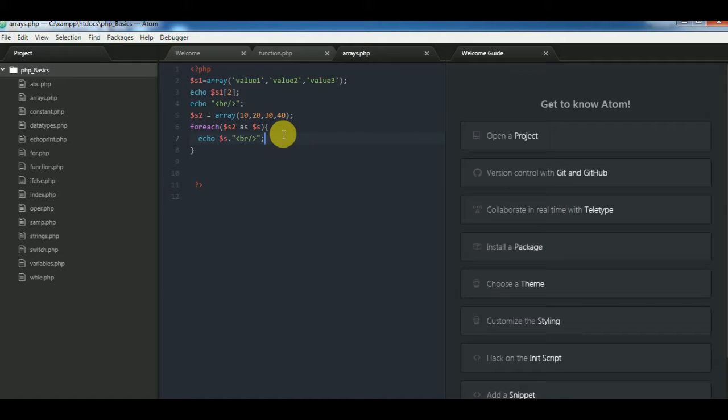So this is the syntax we have already discussed in loops, for loops. If you haven't watched that video, please first see this video series from the beginning. It will make more sense then. Now this was about indexed array. Now we will see